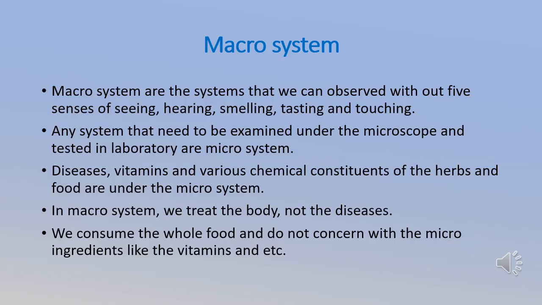For example, diseases. You need to do the blood test. You need to do so many tests in the laboratory. They are micro system. Vitamins and also many of these chemical constituents of the herbs and food are under the micro system. Many people keep asking me, what are the constituents,